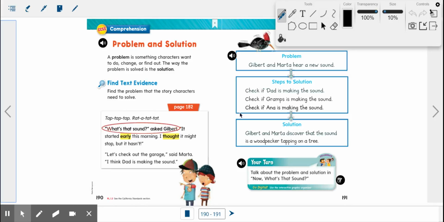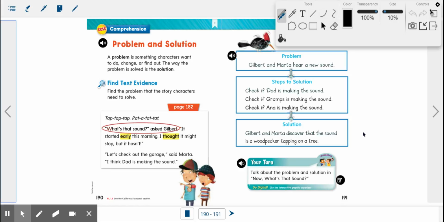There wasn't a problem like we think, oh no, something's wrong. It was just something that the characters wanted to find out. Okay, so the way that they fixed this problem or solved it was their solution. Now, they didn't just go problem, solution. They had steps to take to reach their solution, just like we talked about in the Thomas Edison story and in the robot story. You don't get there just like with the snap of your fingers. You have to take steps to reach a